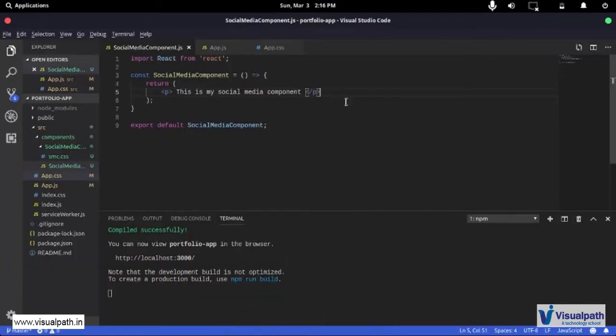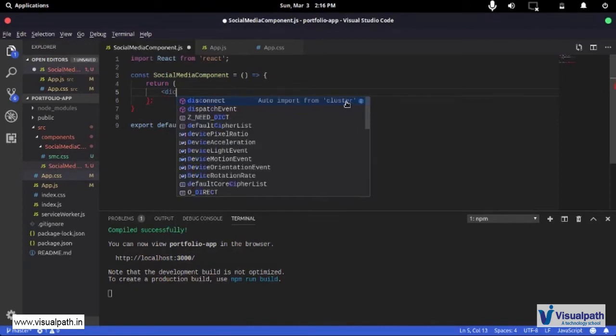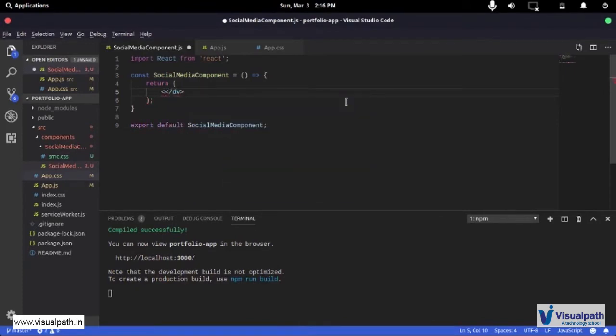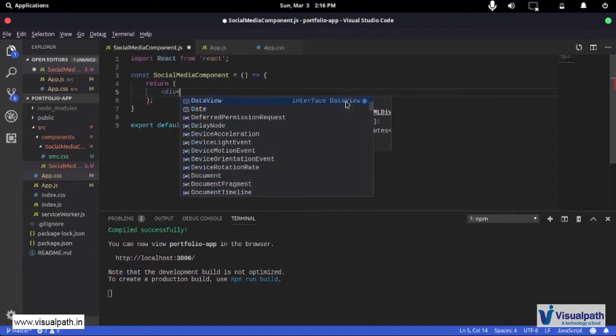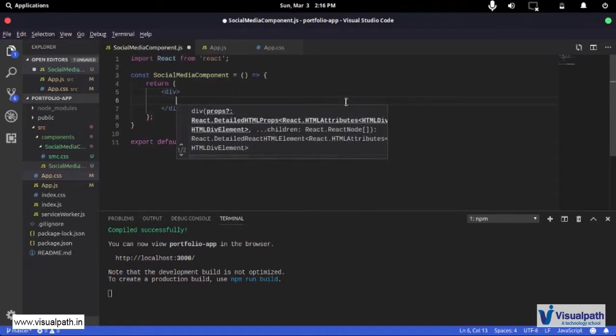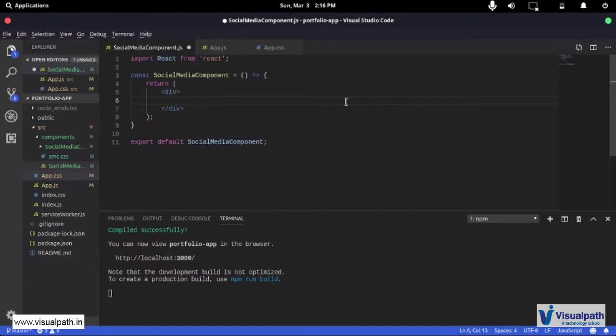So I'm going to go ahead and create a container first. All the things that I'm going to create from this point onwards are going to come inside this container, and this is going to be my social media container. So I'm going to have a div, and inside this div I want some boxes.